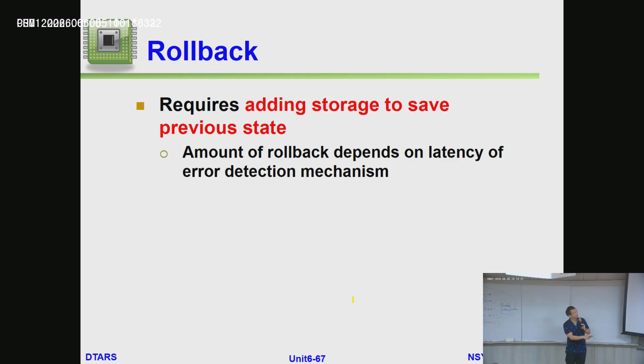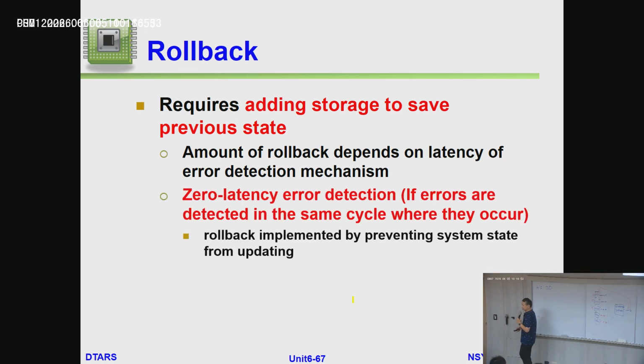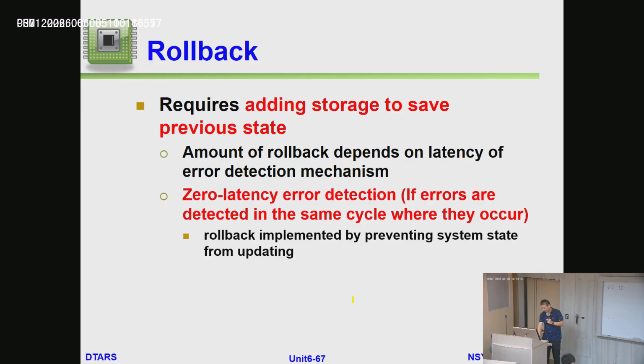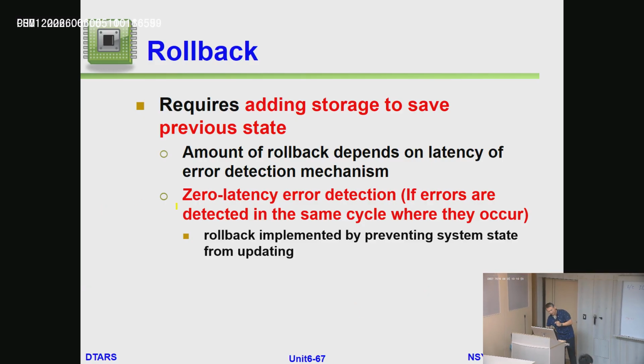Okay, so if you can try to reduce the latency of the error detecting mechanism, for example, you only want 0.01 nanosecond to do the error detecting, then within one clock cycle, you will have more flexibility to do the rollback. Maybe you can do it multiple times. Okay, so usually if we want to use time redundancy methods, we want this one, zero latency error detecting, which